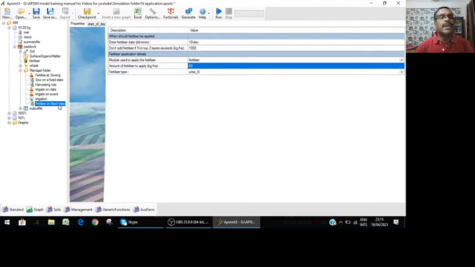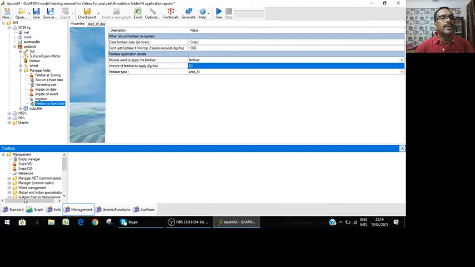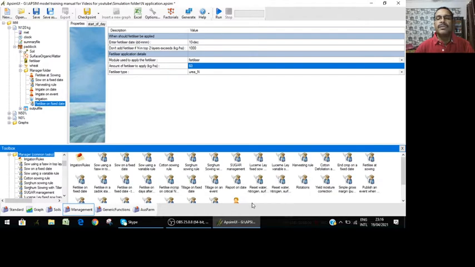Where did I bring this one from? From the management folder you can go down to the manager common task, and you'll find somewhere 'fertilize on fixed date'. You see this fertilize on fixed date, and you can bring that one here, as a fertilizer top up.